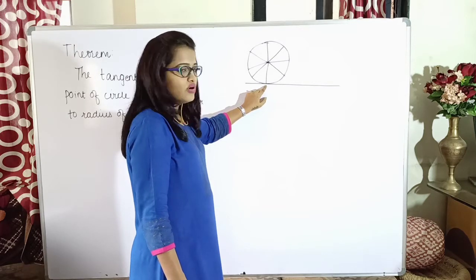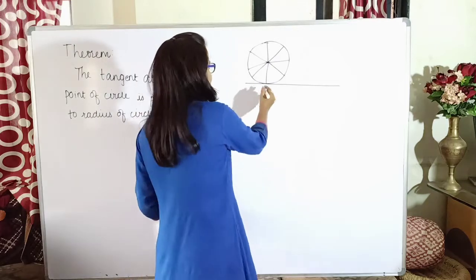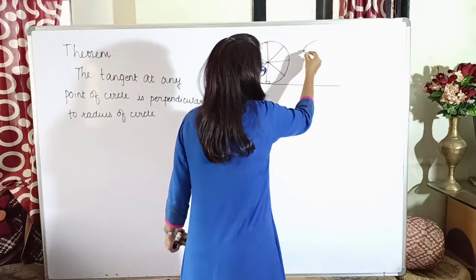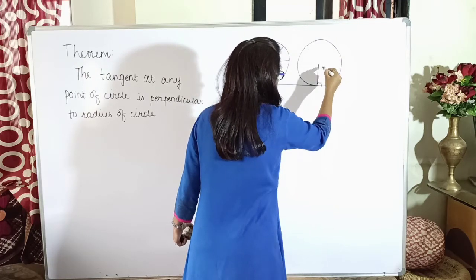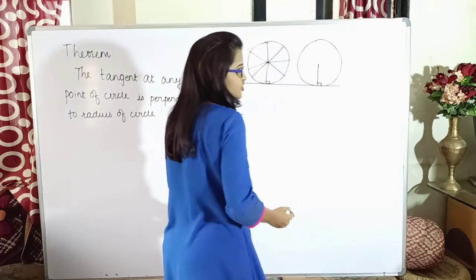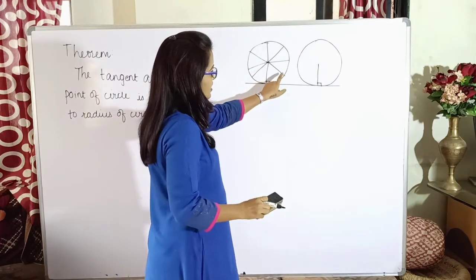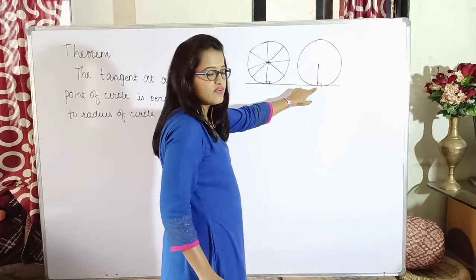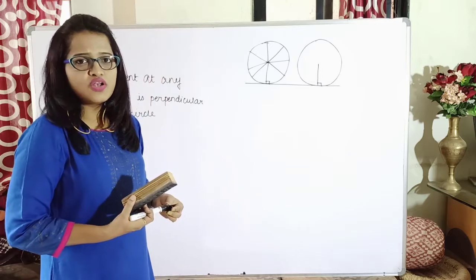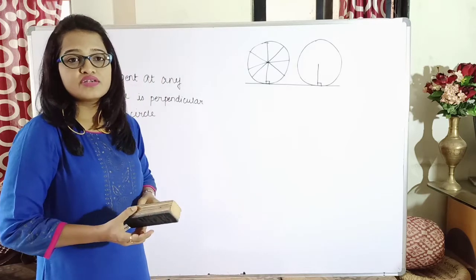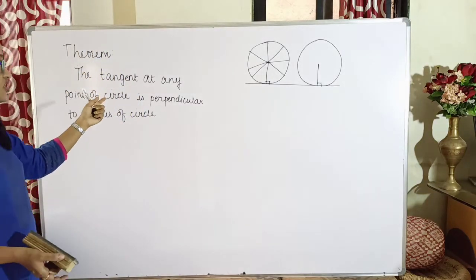Now, whenever you draw a line or the radius from the point of contact, every time you will see that the radius is becoming perpendicular to the tangent. Which radius? The radius which you are drawing from the point of contact. So if the wheel is rotated and this line has become your radius, again that will be perpendicular. Further, the next radius. So the radius will always be perpendicular to the tangent from the point of contact. That is what the theorem is saying, that the tangent at any point.